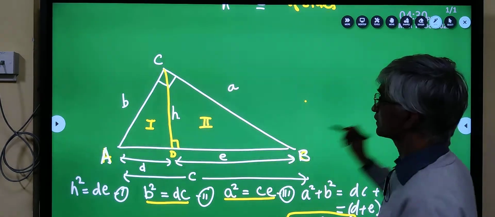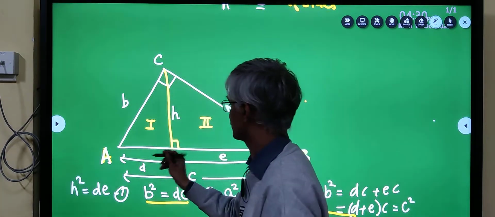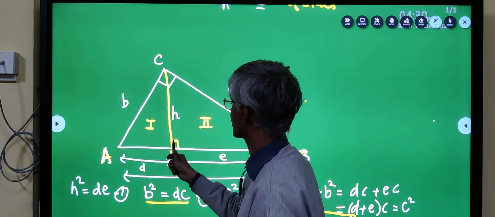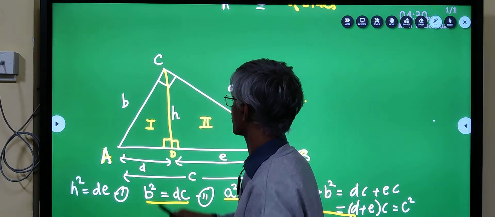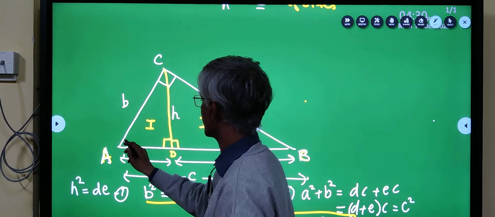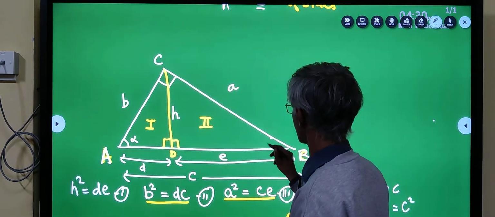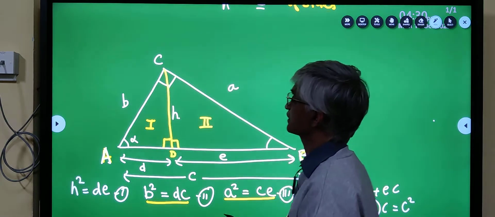Now let's take our own sweet time. First, let us try to see why they are similar. You can see that this angle is 90, this angle is also 90. Let's say that this angle is alpha. Then this angle, because angle C is 90,